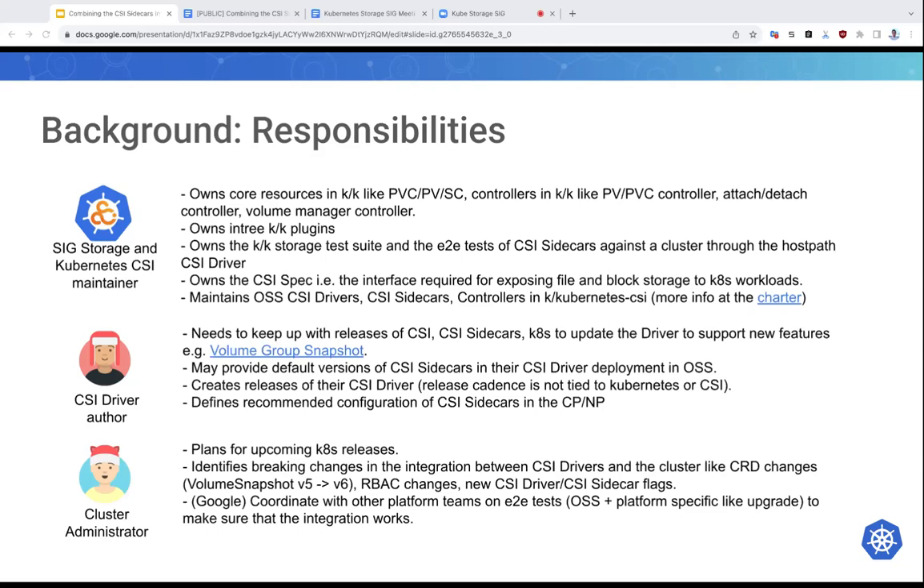There is also the CSI driver author, which has a driver and needs to integrate it with sidecars so that their storage solution can work with Kubernetes. And they need to keep up with releases of sidecars, of CSI, and of Kubernetes. For example, there is this new feature called volume group snapshot, which is a change in the external snapshotter component. There are new CRDs. So the CSI driver author would need to implement additional CSI calls that would be done